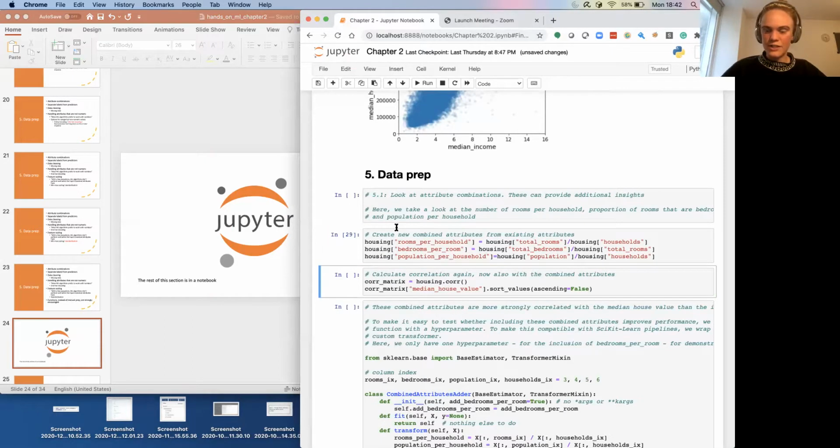So first, we start by creating the combined attributes. In this case, we could combine the attributes in any way. We could divide all the attributes by the households, for example, or we could choose to square every single attribute. But I guess we have to start somewhere. So the author has here chosen what I think are sensible starting options, because we're trying to predict the value of